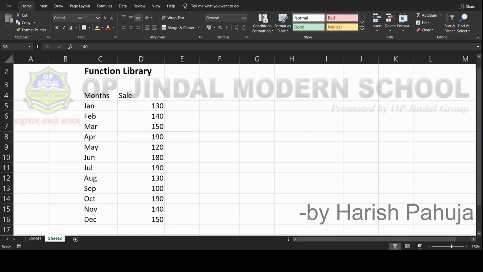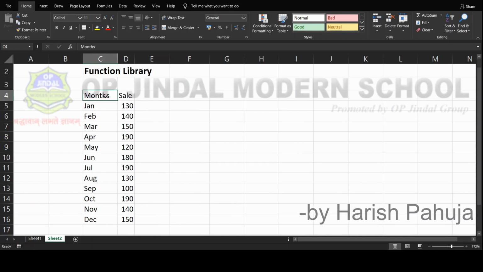So students, we are going to begin with the next topic, and the topic is function library. You can see in front of you with bold letters, and I am using the same data which I used in the previous video. Months and sale, I am making them bold because they are the heading and these are the values. So function library, what it is, as the name indicates, means a library means a place where all